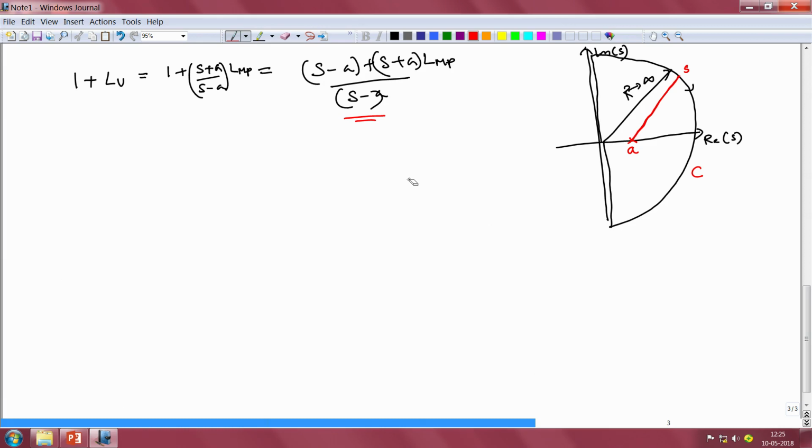Hence, if we want the zeros of 1 plus Lu, which are going to be the closed loop poles of our system, to not lie within the D-shaped contour, then the rule that we need to apply for determining the stability of the closed loop system is that the number of encirclements